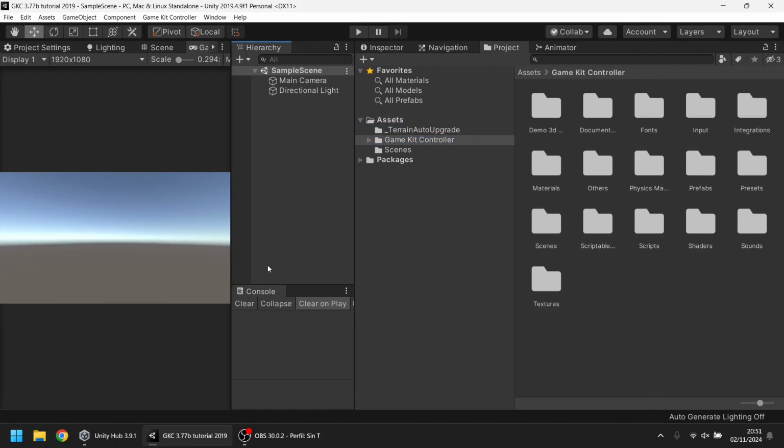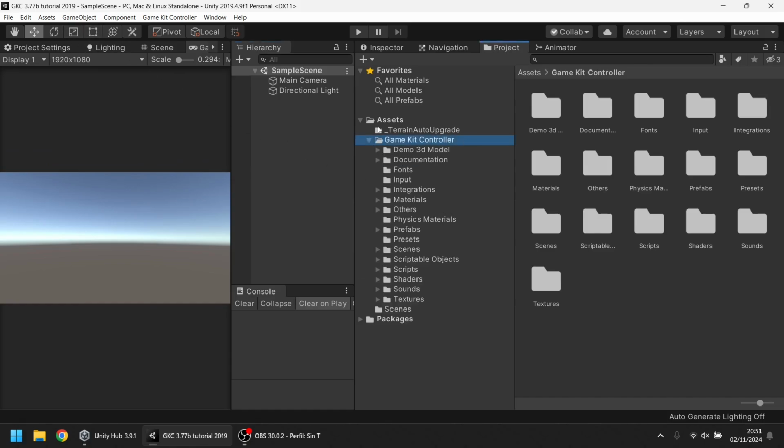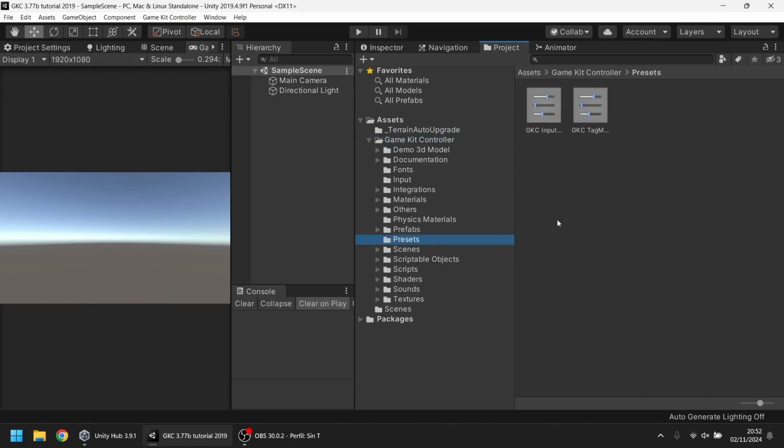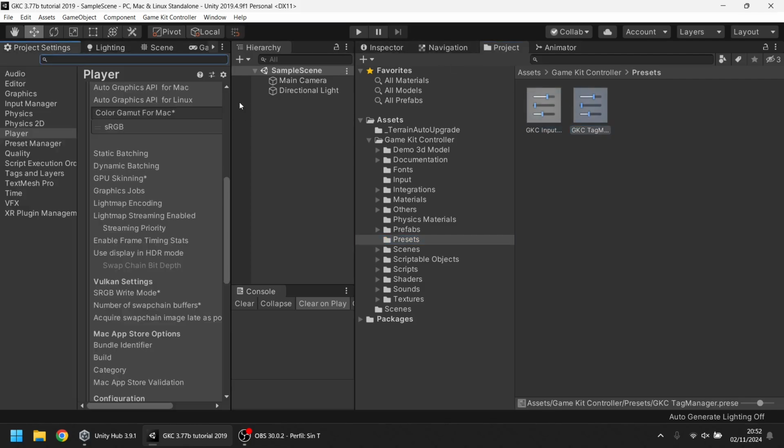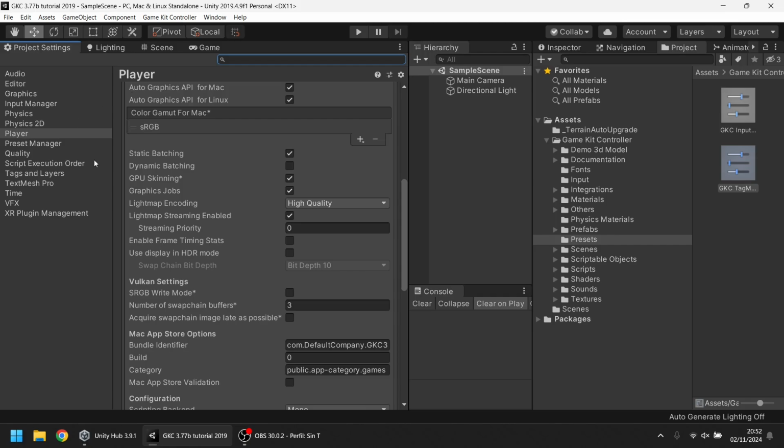I said before that the only project settings that you need are input manager and tag manager, and you can either select them when importing the asset, or you can find the respective presets here in project settings. This is the preset system of Unity itself.